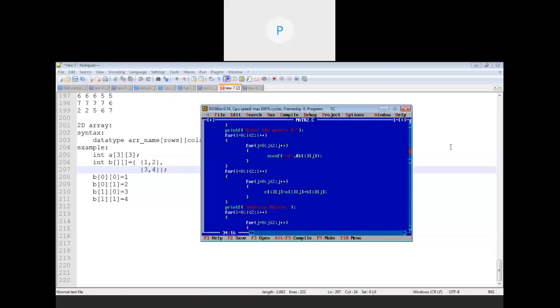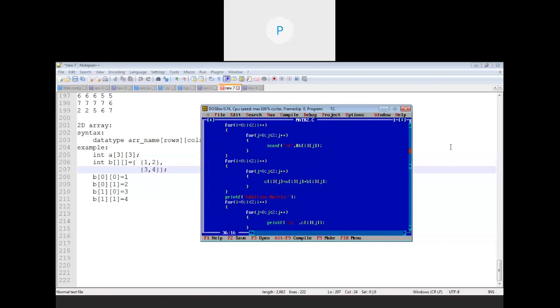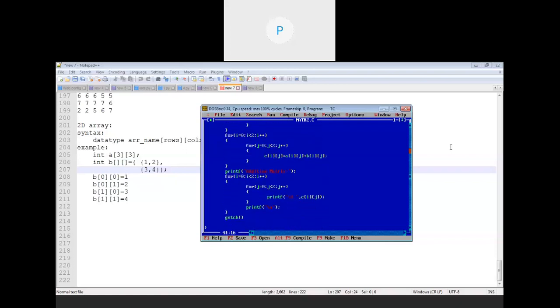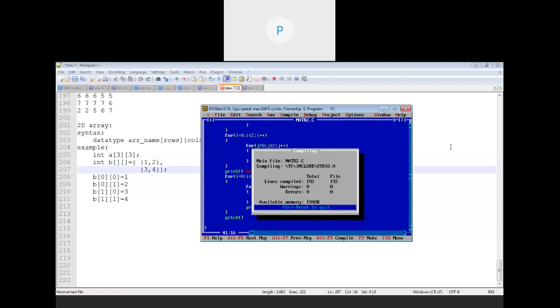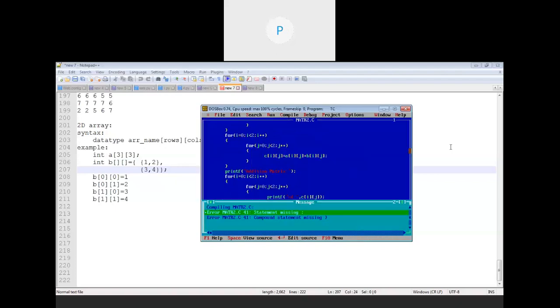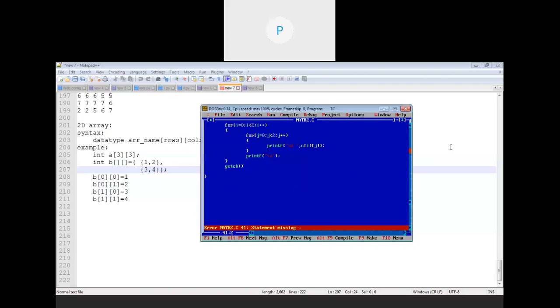As you know, in case of matrices, the addition is performed linearly, or you can say in direct order. That's why I have written the code as C of ij equals A of ij plus B of ij. And then the addition matrix is displayed with printf of C of ij. Done. Let's see. Oh, wait, something is missing.